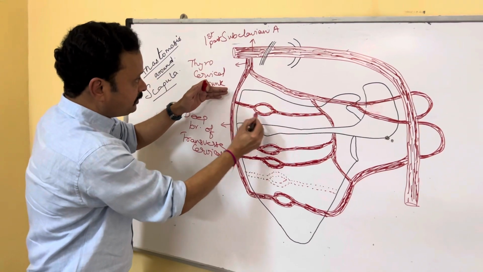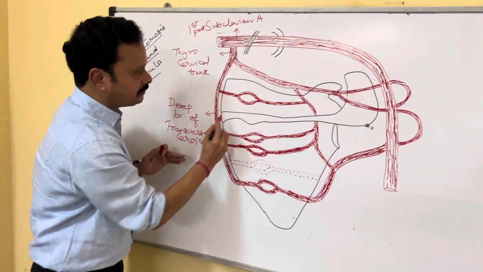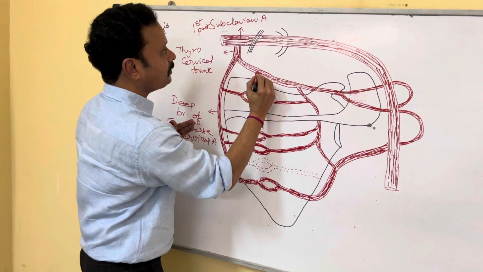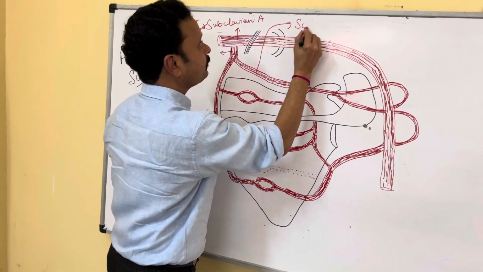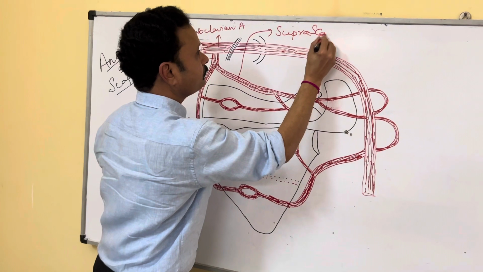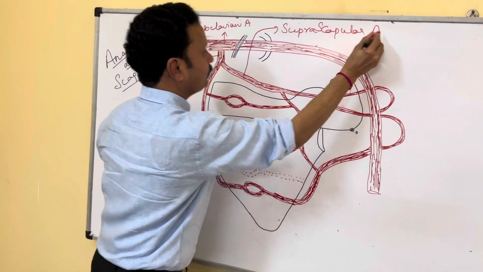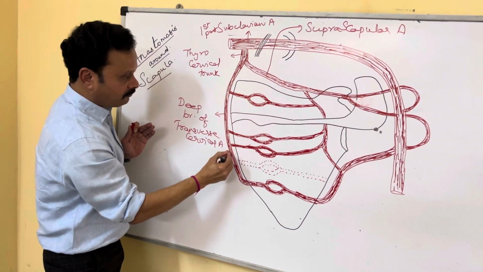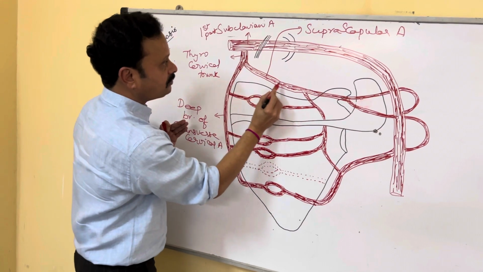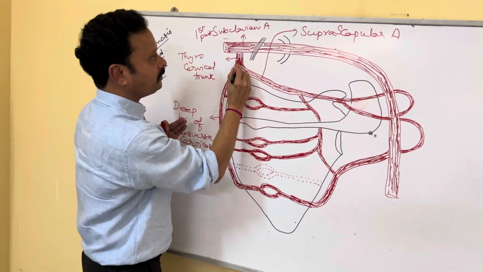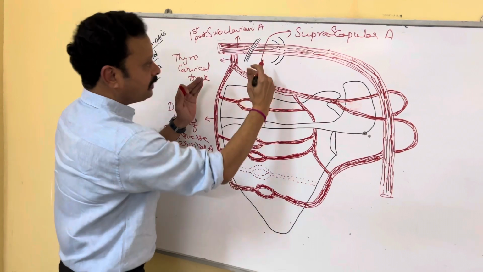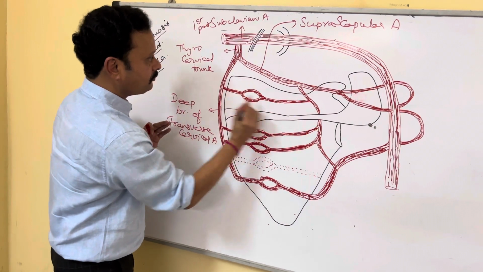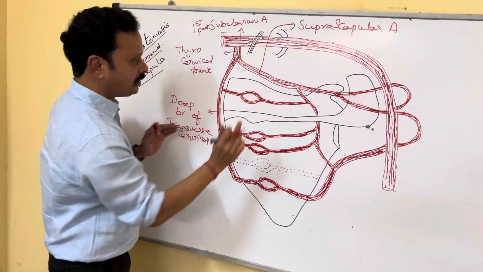So the branches from this deep part of the transverse cervical artery anastomose with branches of the suprascapular artery. So this is the thyrocervical trunk. It is giving the deep branch of the transverse cervical artery, and this one is the suprascapular artery, which also is a branch of the thyrocervical trunk. So the branches arising from these two are anastomosing in the supraspinous fossa,